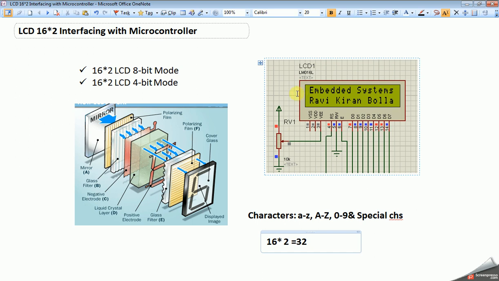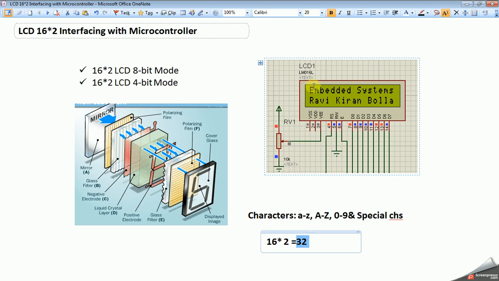Here there are 16 by 2 blocks, that is 32 blocks in total. In each block we can display one character. As you see here, E is displayed in a single block, which we call a 5 by 7 matrix. 5 by 7 matrix means there are 5 dots horizontally and 7 dots vertically.